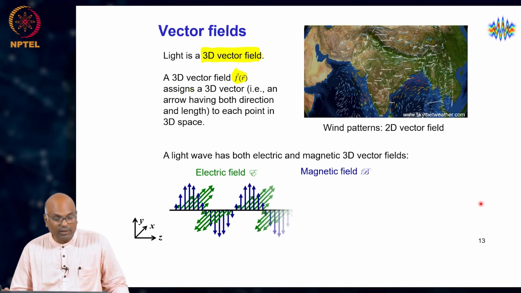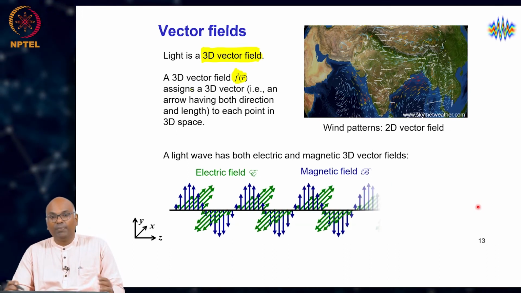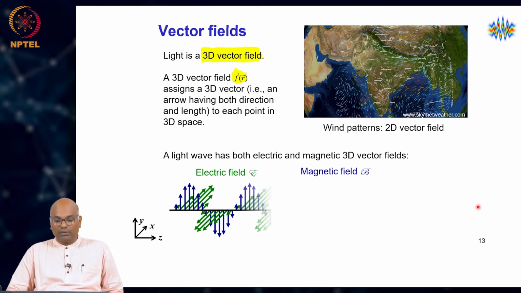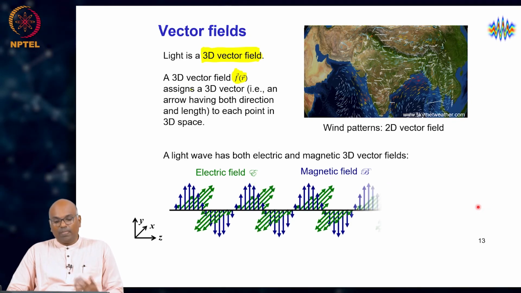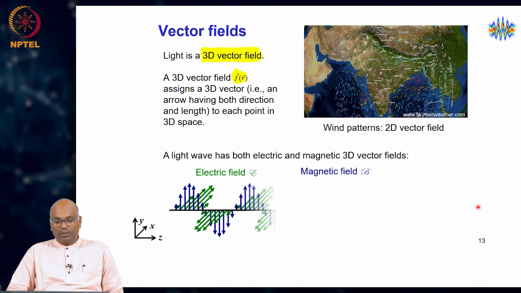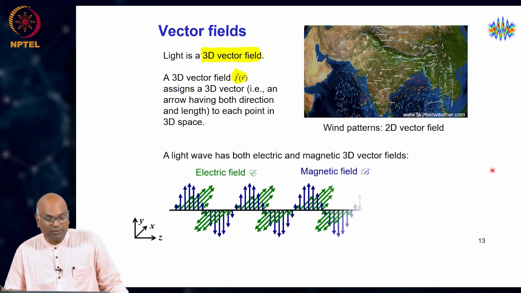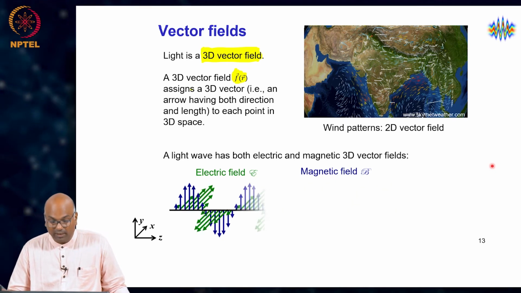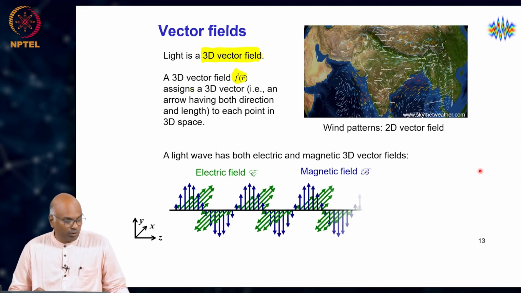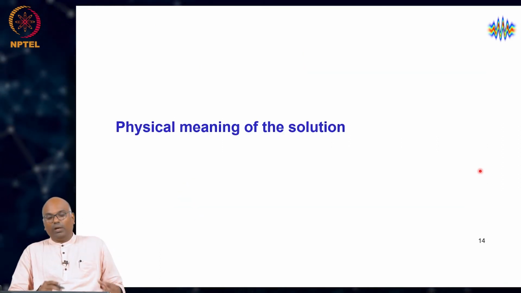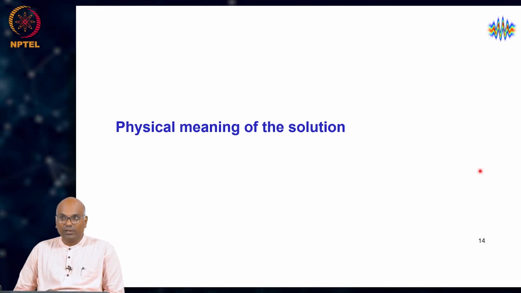take the form of the solution that I had written down in the previous view graph, that is, the vector E is E naught exponent of i k dot r minus omega t. Substitute this into the curl of E, the Maxwell's equation, and with a little bit of effort you will figure out that the electric and magnetic fields are perpendicular to each other and always in phase. So, now let us dive into the main business of this lecture,